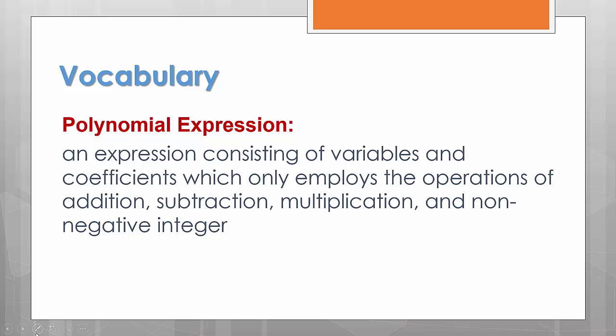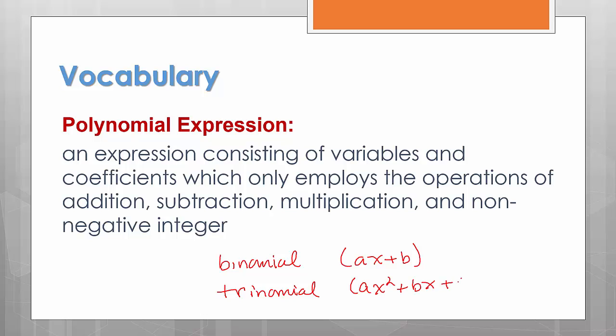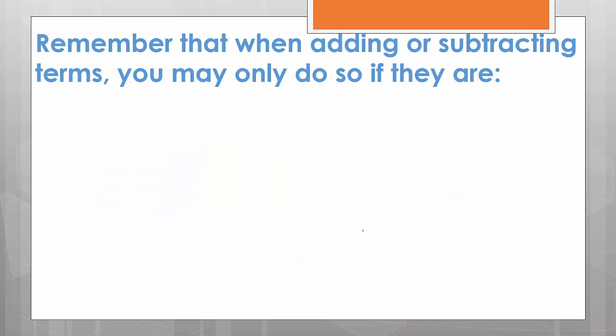Polynomial, poly means many. So you might hear the term binomial. A binomial expression has two terms, such as ax plus b. You might hear trinomial. That might be in the form of ax squared plus bx plus c. Notice it. Bi, two, tri, three, poly, many. Monomial would be like this, would only be like ax. So now that you know the different types of polynomials, with very specific names for different types,